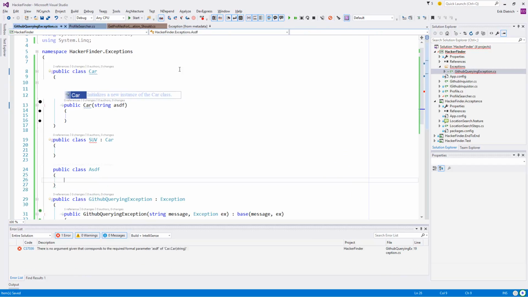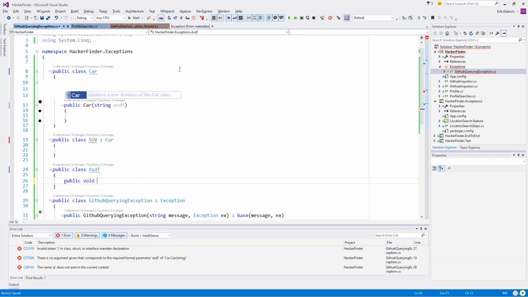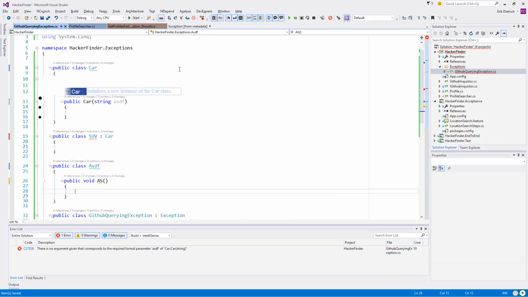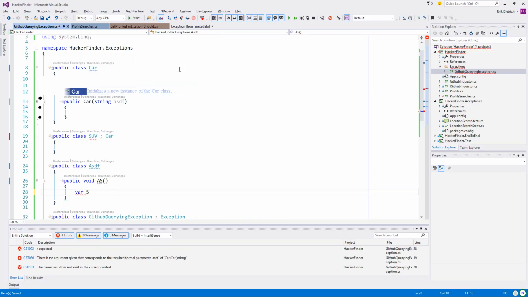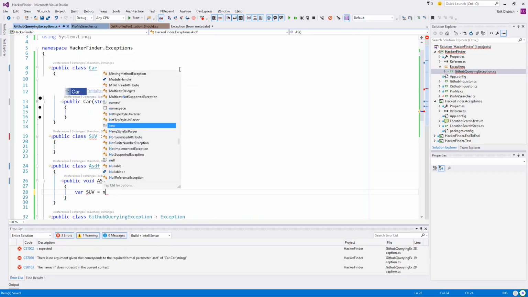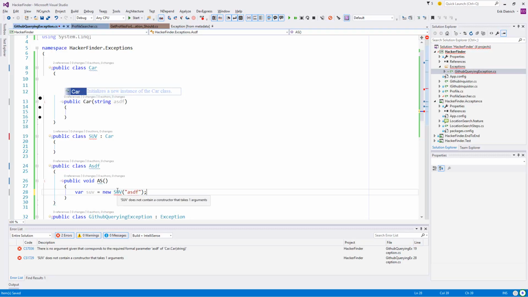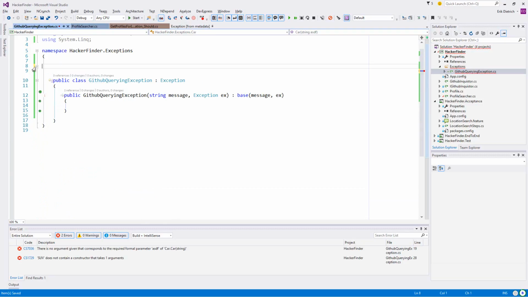This is probably riveting. Now, if we say var SUV equals... sure enough. Turns out I'm just not really a C# programmer anymore.